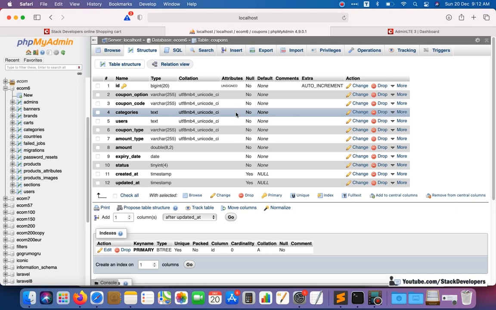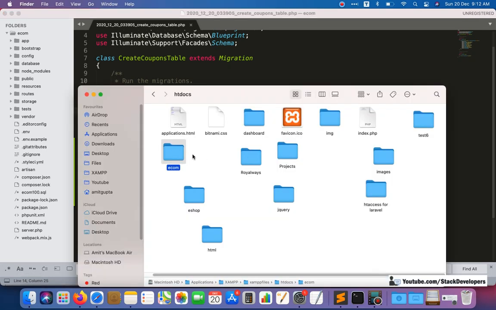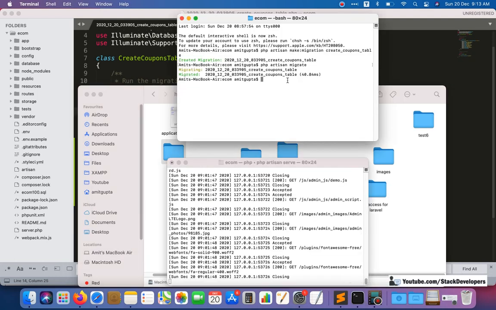Okay, so now we are going to create the seeder file. If you are in Laravel 6, then you do not need to make any changes. You can simply follow these steps. We are going to create the seeder file like we used to do. Even if you are in Laravel 6, 7, or 8, you can follow this step, but for Laravel 8 users or Laravel 7 users there is one more step that I will tell you at the end. But you can follow these steps for all users.